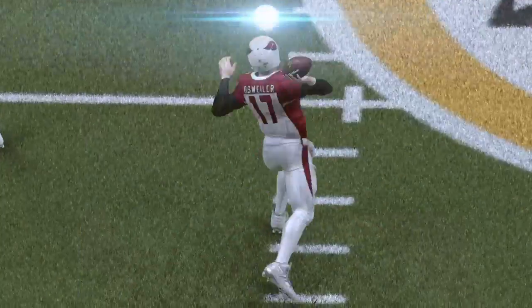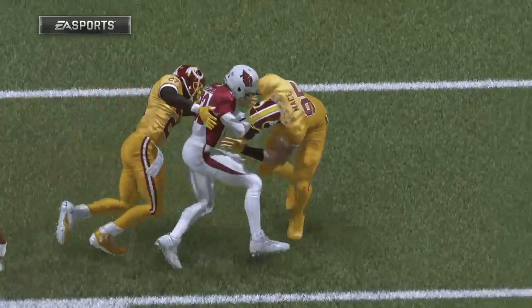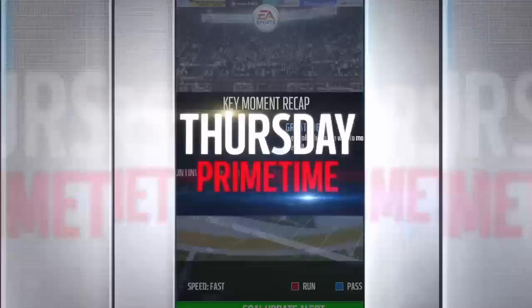Well, we saw the practice film this week. They wanted to focus on these intermediate passing plays. And